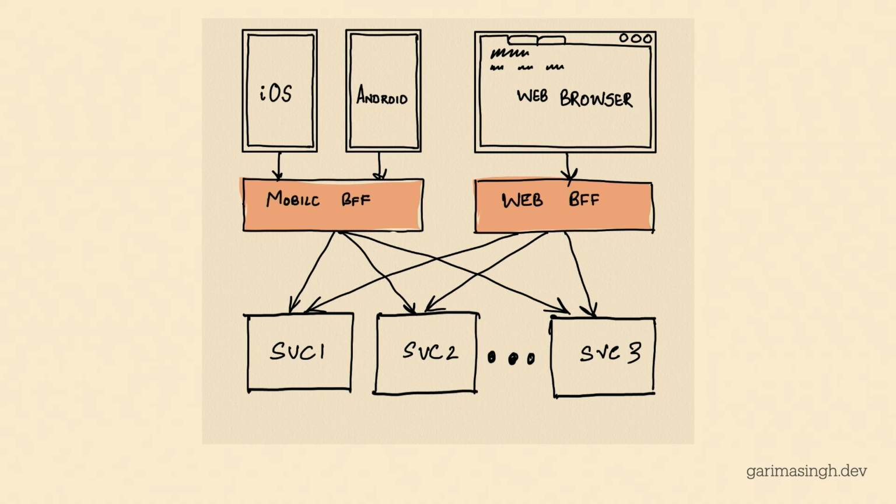Now, you don't necessarily need a backend for frontend. While I'm advocating for each of these patterns, I'm also trying to get you to see when you will and will not use it. So if my website is going to use all that real estate and show most of the data, and I'm not doing anything typically interesting, I don't really need a backend for frontend. So it's okay in scenarios where you want a backend for frontend for mobile, but not